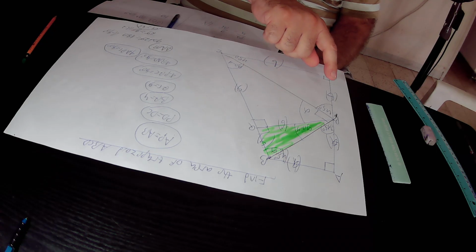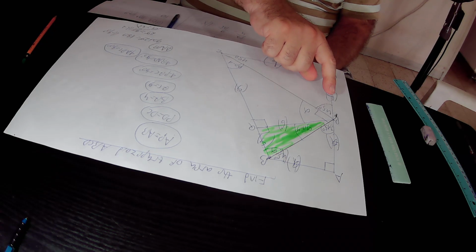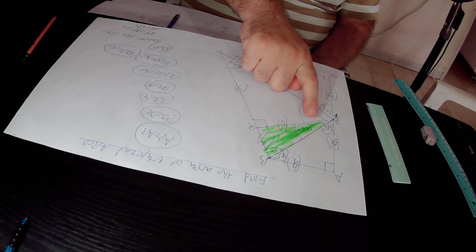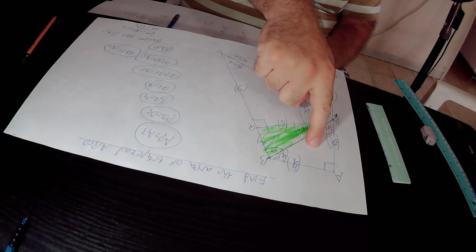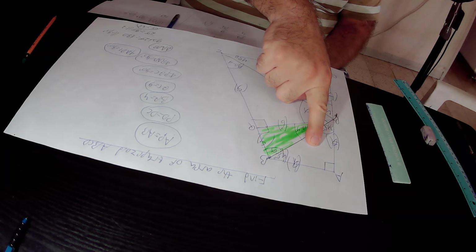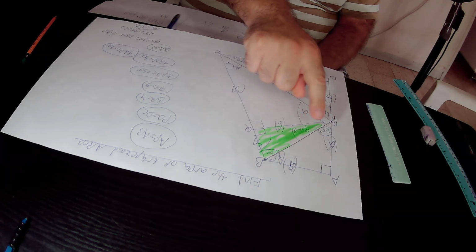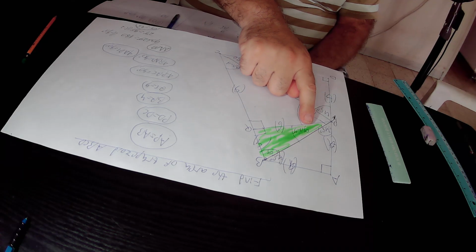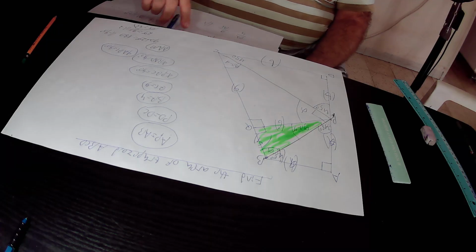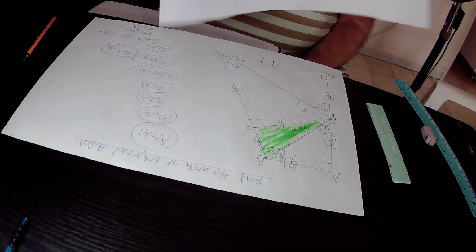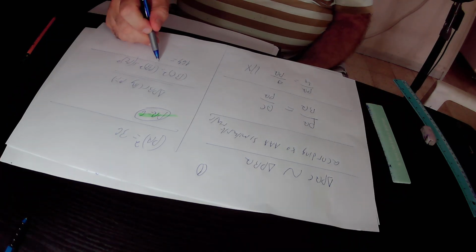If we focus on the right small triangle APB, we'll implement the Pythagoras theorem on it. According to the Pythagoras theorem, in this right small triangle APB, a square plus a square equals PB square. Therefore, PB square equals a square plus a square, that is 2a square. PB square equals 2a square